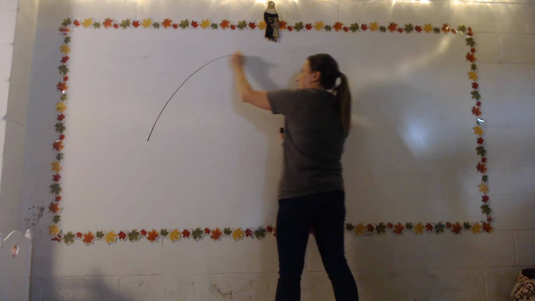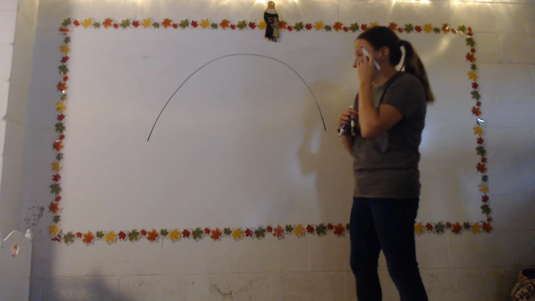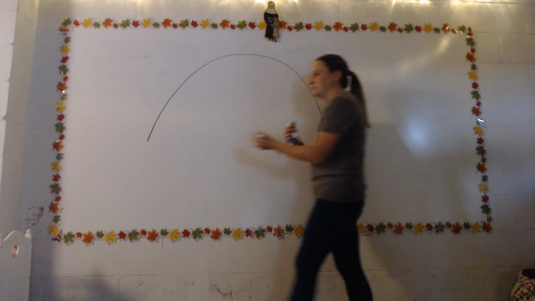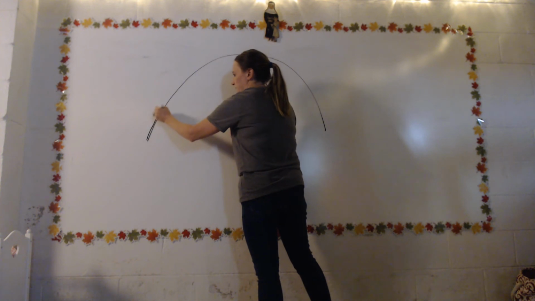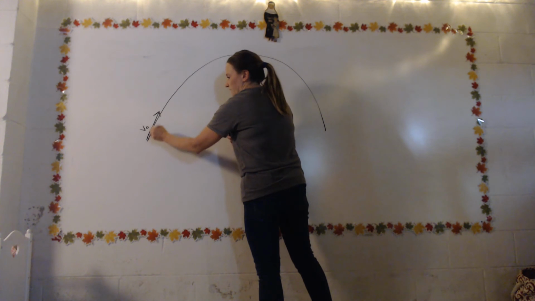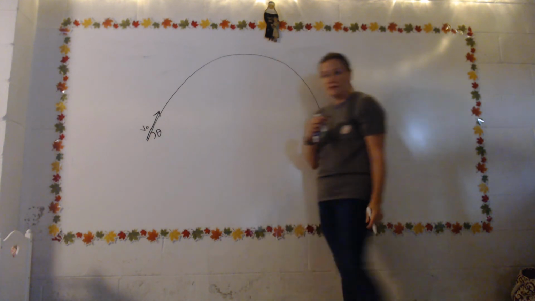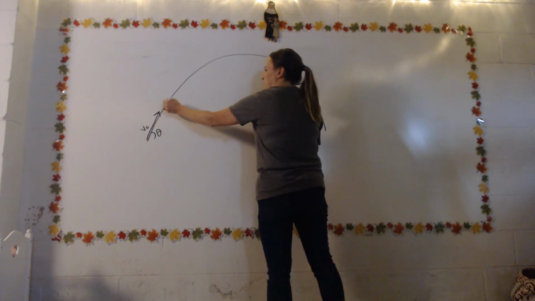Something goes up and it comes back down. And I am going to diagram what's happening with the velocity. Let's say I kick something, a ball or whatever. It has some initial velocity v naught, and it's kicked at an angle, we could say theta. And as the object goes up